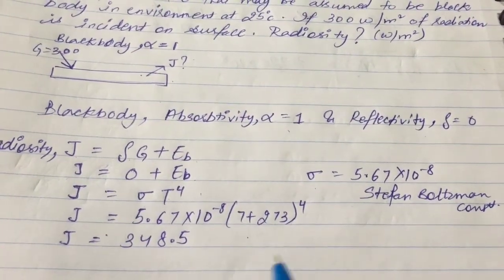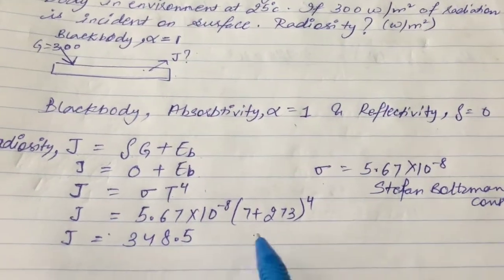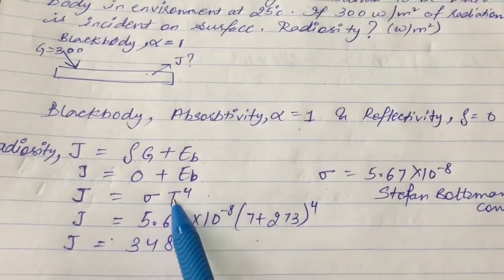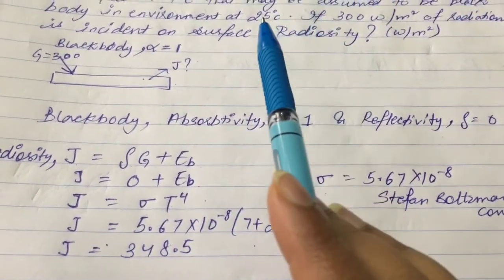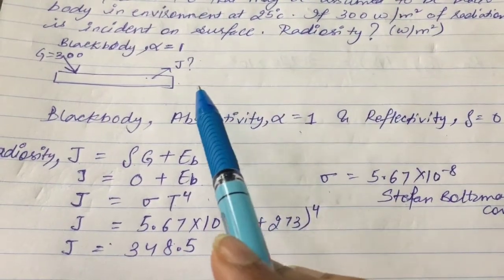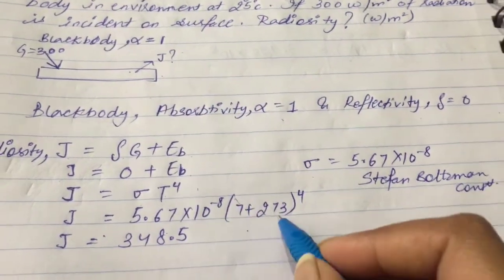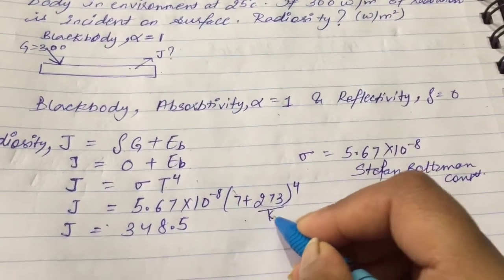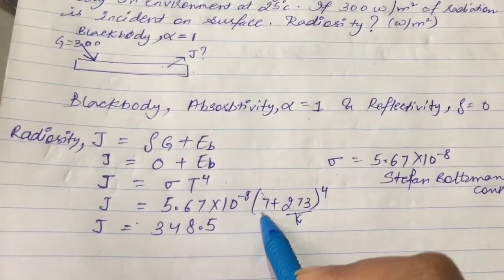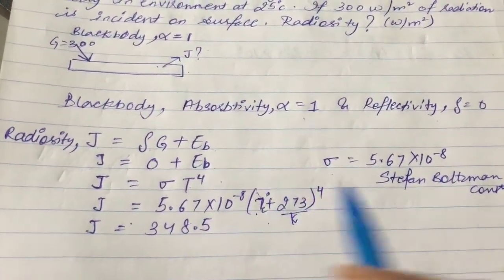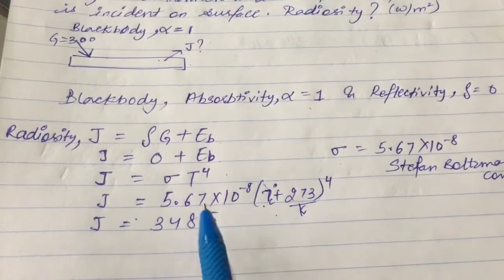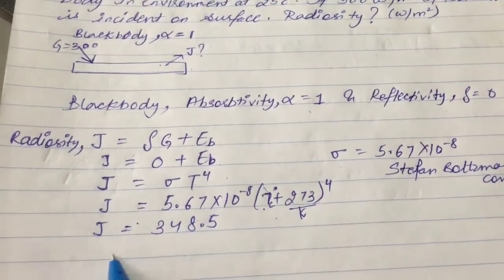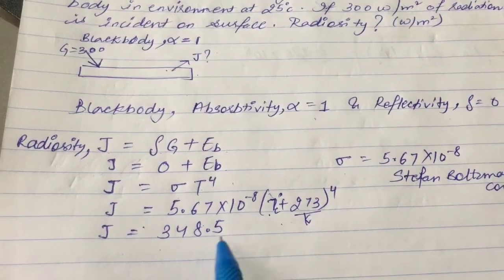Sorry, we have to calculate it for 7 degrees Celsius, so we add 273 to convert it into Kelvin. Putting in the values of sigma and temperature, we get J is equal to 348.5